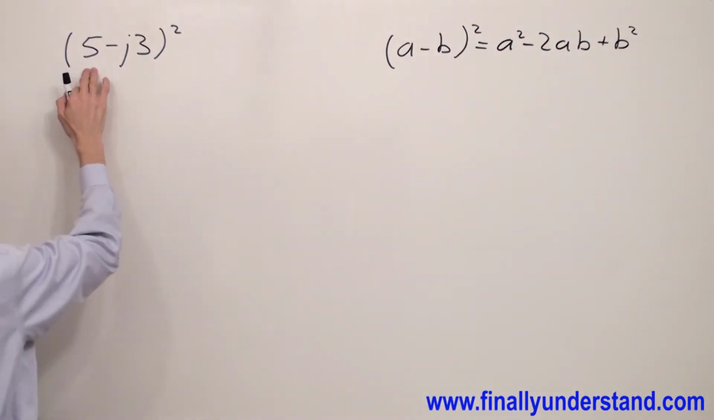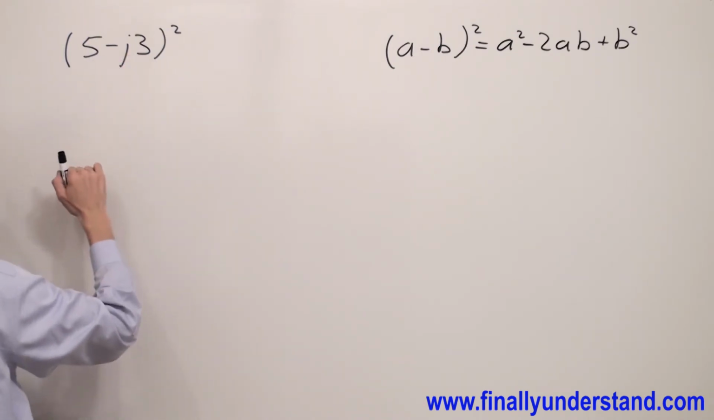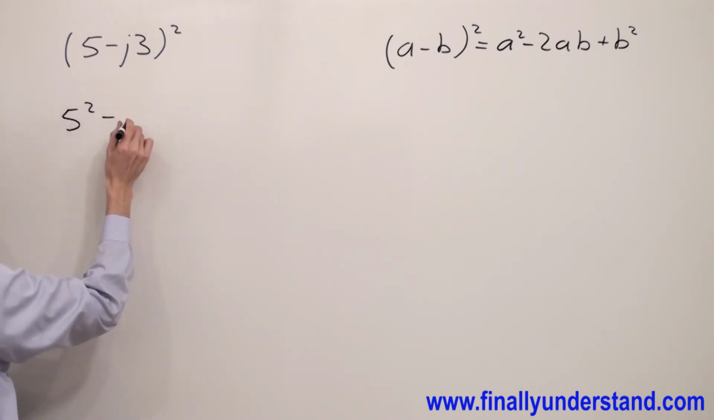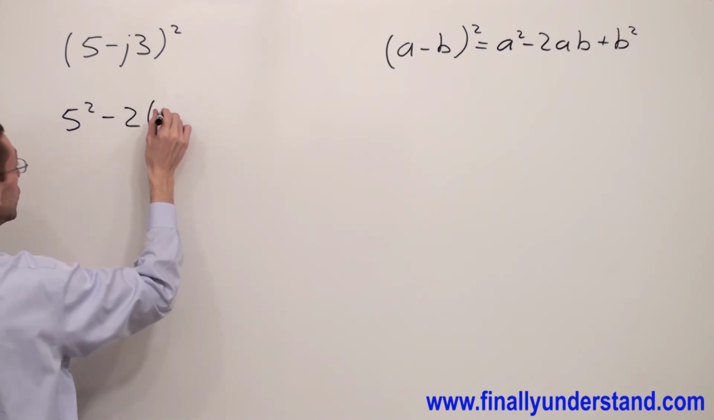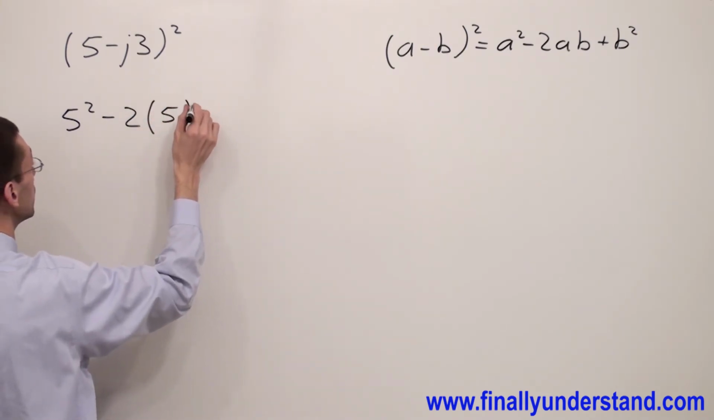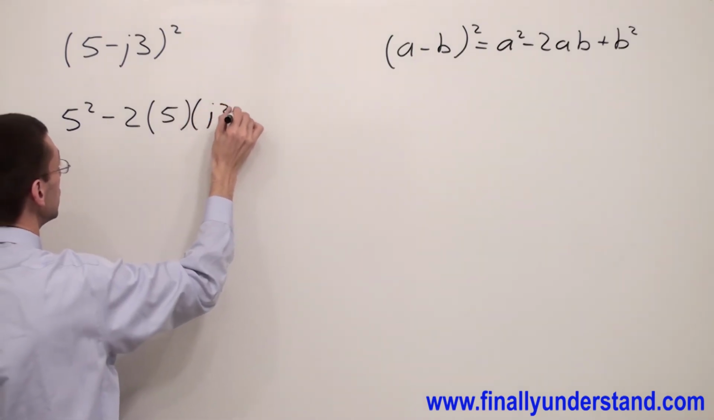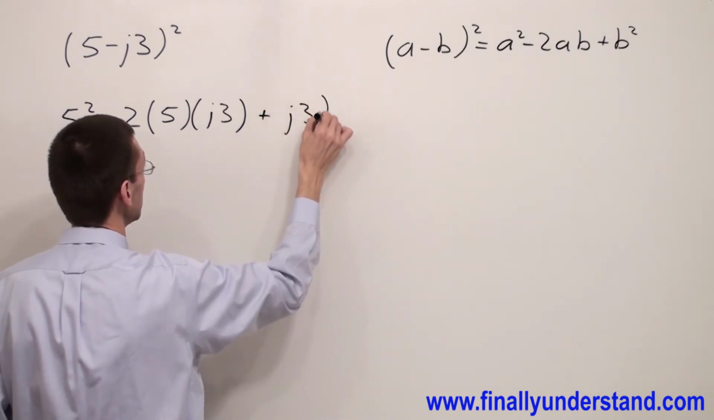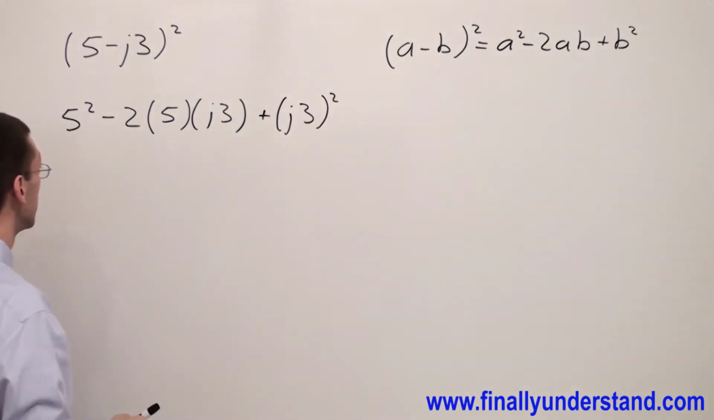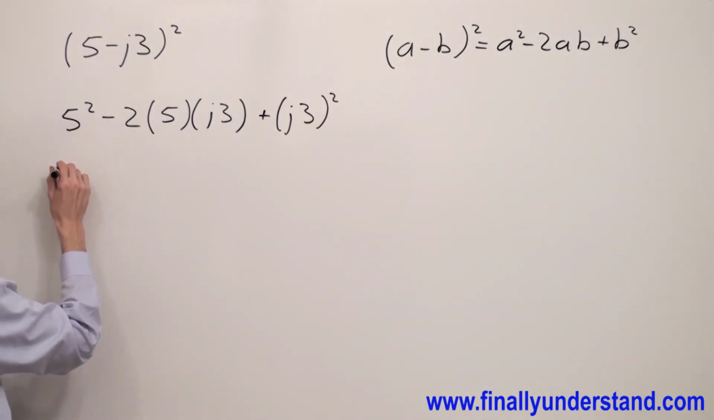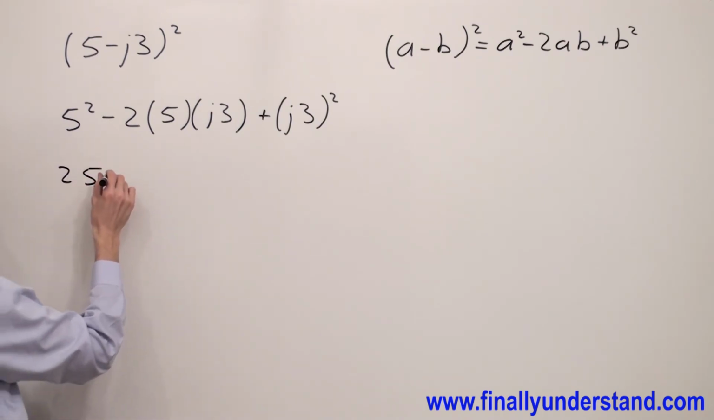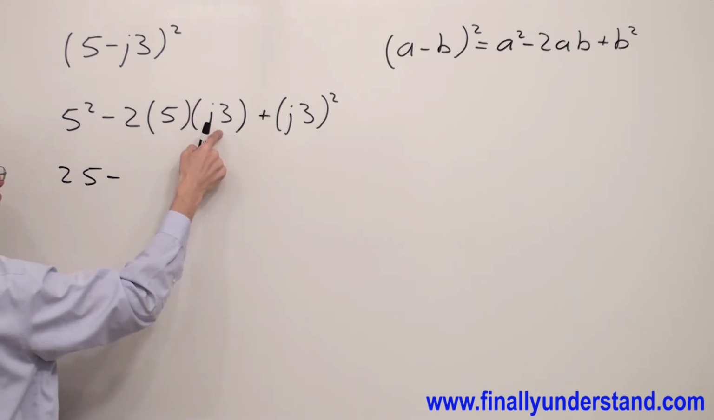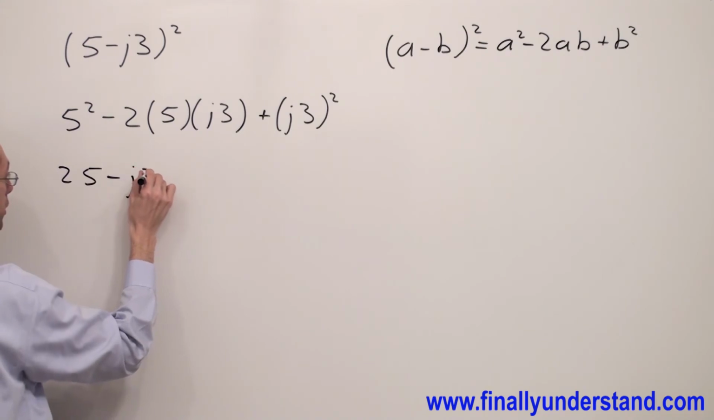5 is my a and j3 is my b. So I have 5 to the second power minus 2 times a, which is equal to 5, times b, which is equal to j3, plus j3 to the second power. 5 to the second power is equal to 25, minus 2 times 5 is equal to 10, times 3 is equal to 30, so it's minus j30,